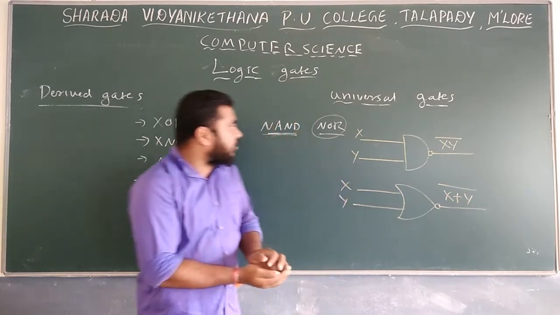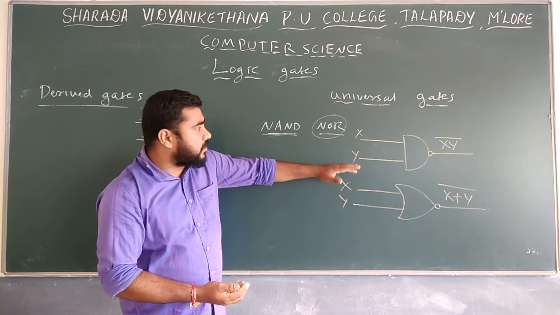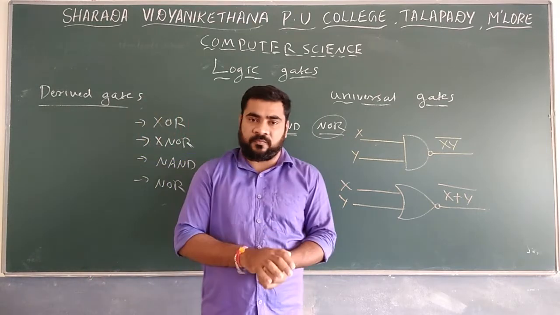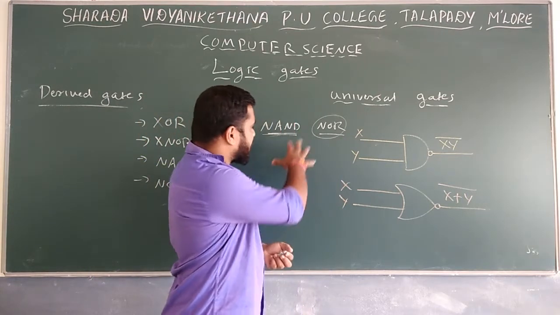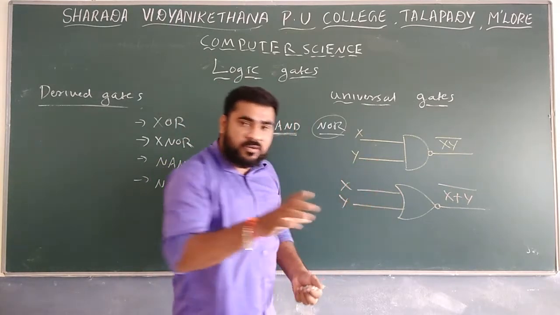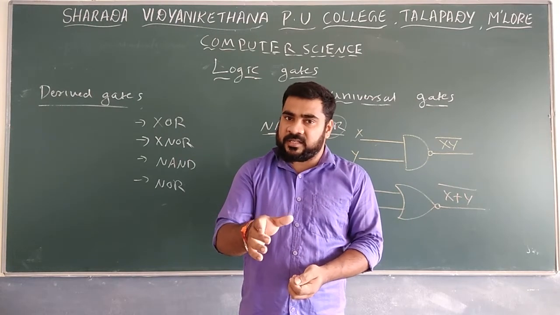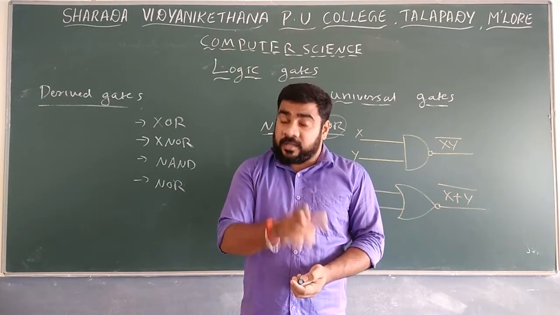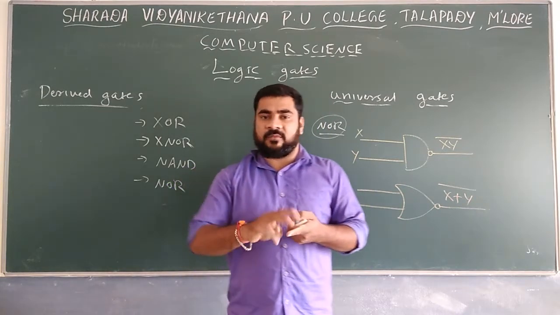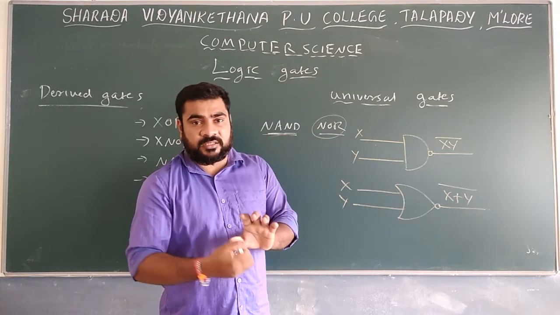Then we will study what the universal gates are. Mainly in part 3, I discussed what the universal gates are and how to construct the basic gates by using them. By using only the NAND gate, it is possible to construct any type of gates, any logical circuits. Last class we discussed how to construct the circuits using the basic gates: the AND gate, OR gate and NOT gate. By using these three gates, we construct the circuit diagram.